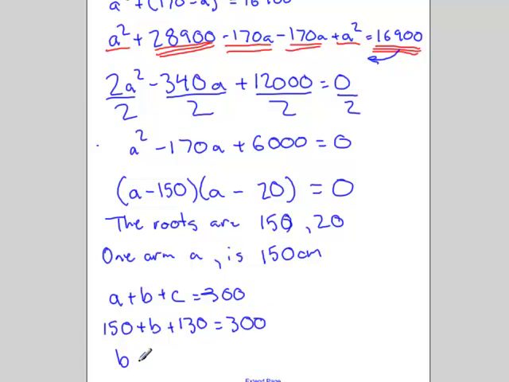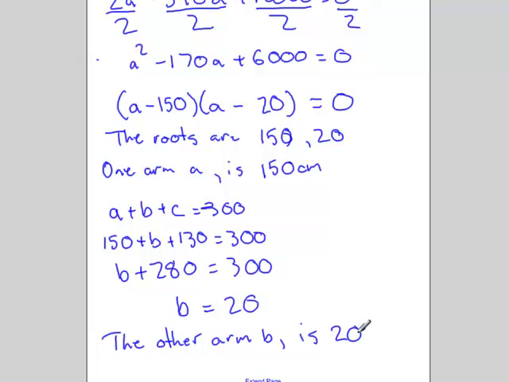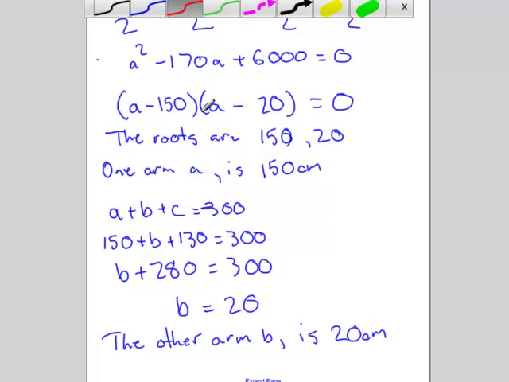We'll then have B plus 280 is equal to 300. And now notice, as we subtract 280, we'll find that B is equal to 20. So the other arm, B, is 20 centimeters. Both of our solutions for A